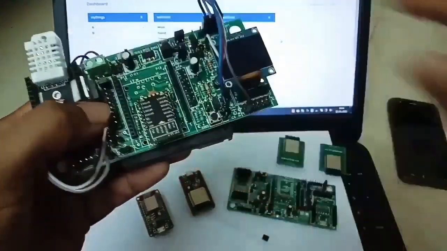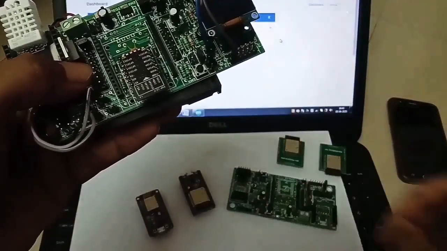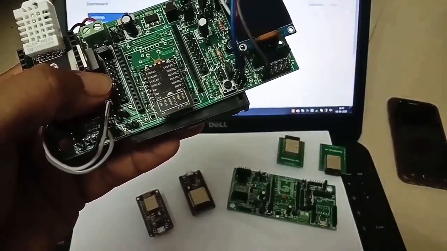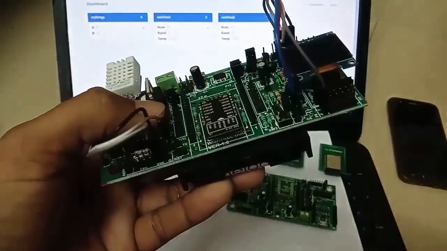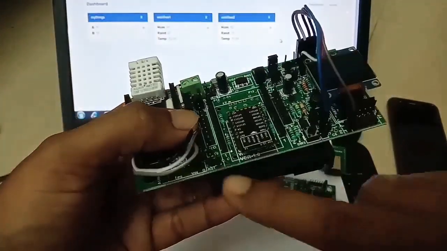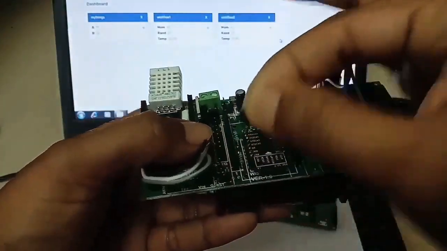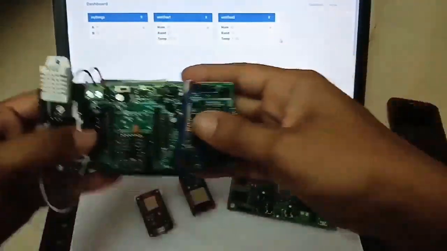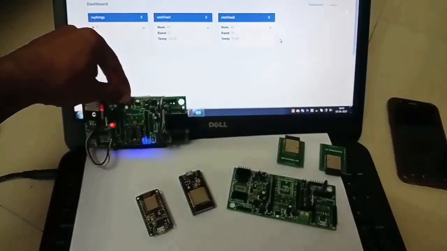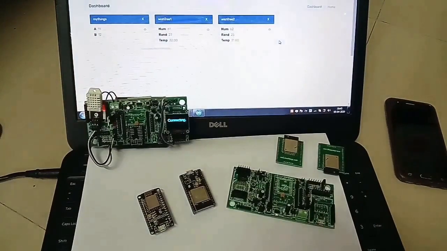Okay, so when you are using ESP8266, remember one thing, you need to connect the GPIO 16 and reset pin of this chip in order to make it wake up from deep sleep. So for me it is easy. These two pins are broken out here and they are side by side, so I just put a jumper here. When you do this on a breadboard, just keep this in mind. So we keep it here and then we switch this on.